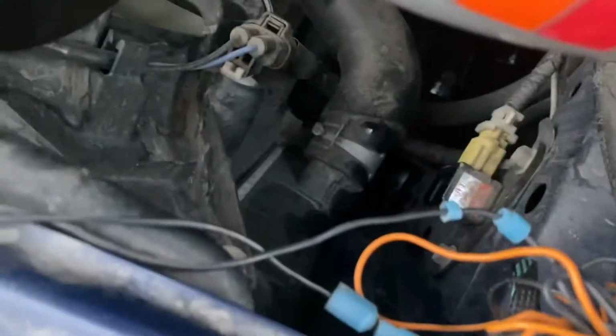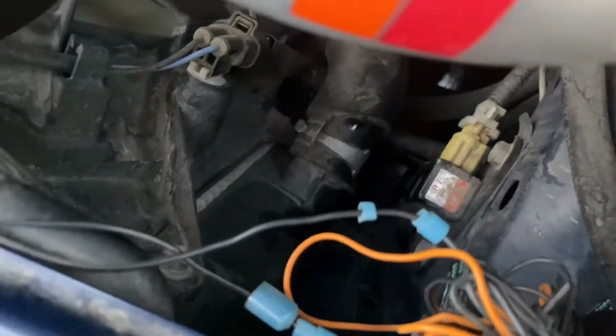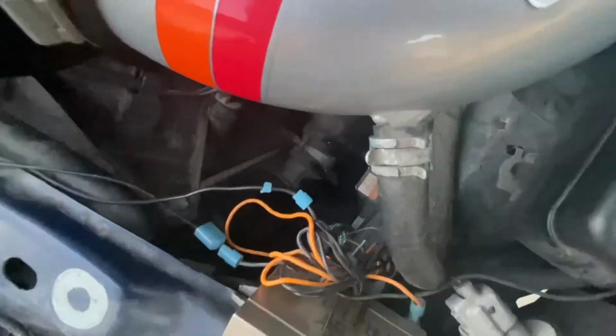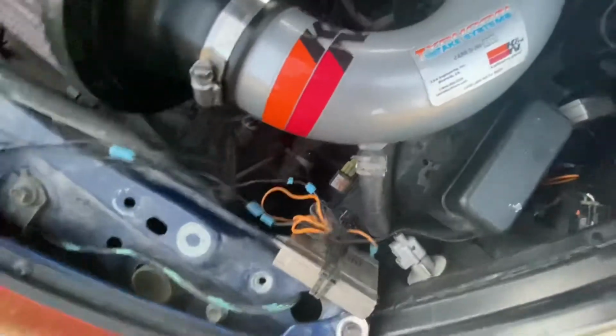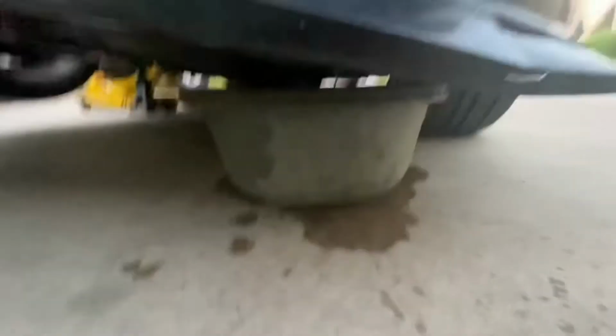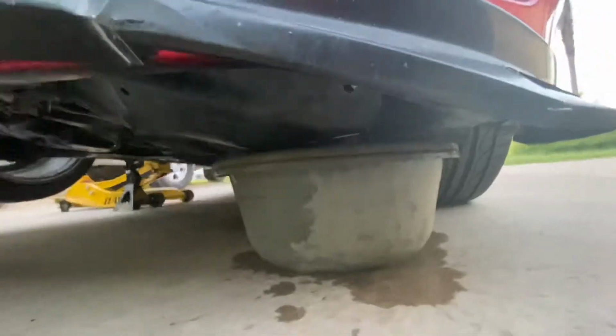Let me see, where is it at? You can't really see it, but oh, there it is. You see that little white thing right there? That's a plug. You just untwist it, that little white thing right there. You untwist it, and all the coolant is coming out underneath, and it's going everywhere because it's